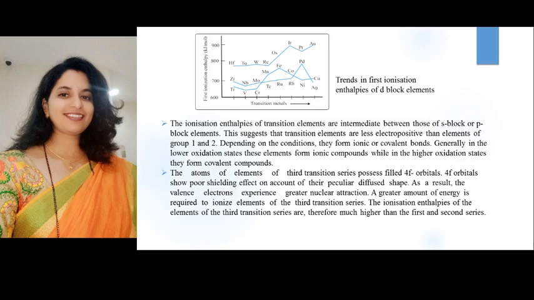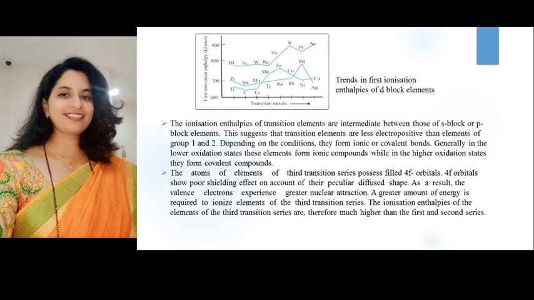The ionization enthalpies of transition elements are intermediate between those of s block and p block elements. This suggests that transition elements are less electropositive than elements of group 1 and 2. Depending on the conditions, they form ionic or covalent bonds. Generally, in the lower oxidation state, these elements form ionic compounds, while in the higher oxidation states, they form covalent